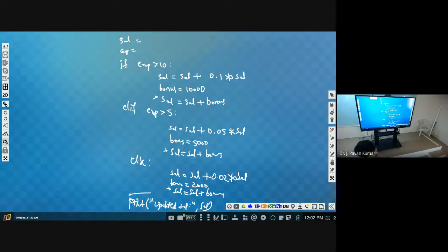Next, why we are using the next line here? Try to understand why we are writing this in the next line: to indicate that it belongs to the if. Whenever the condition is true, then only these statements need to be executed. That's what we are indicating, isn't it? Similarly here also. Again, now the question is why we are having colon.